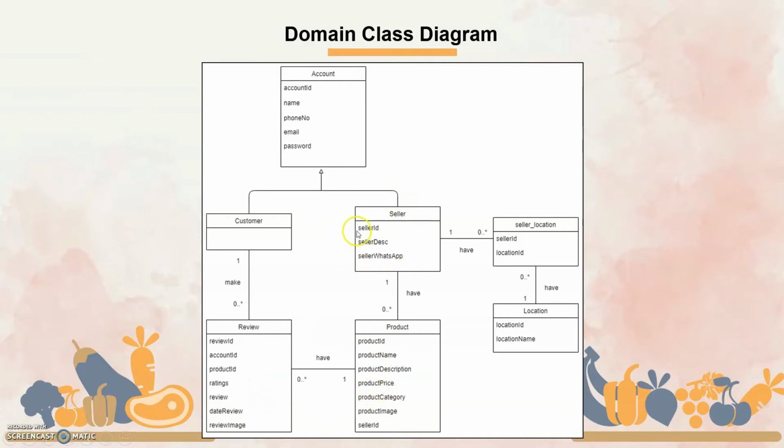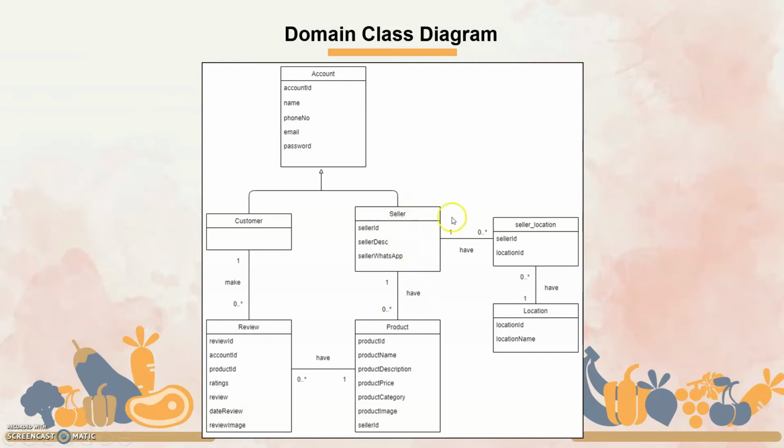The seller will also inherit all the same attributes from the account, plus the different attributes in the seller class. One seller will have zero or many products, and one product can belong to one seller only.